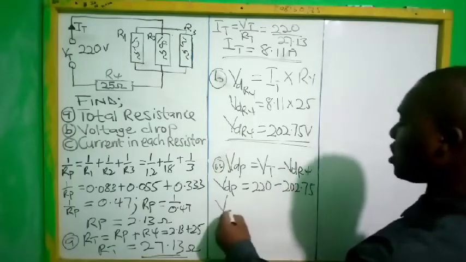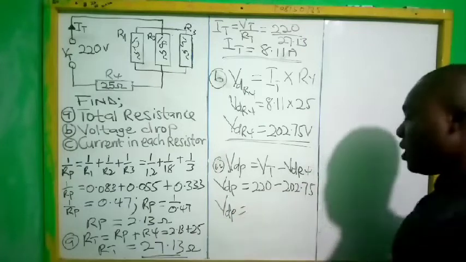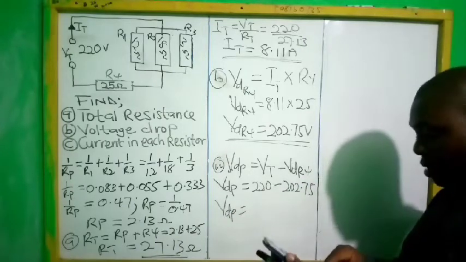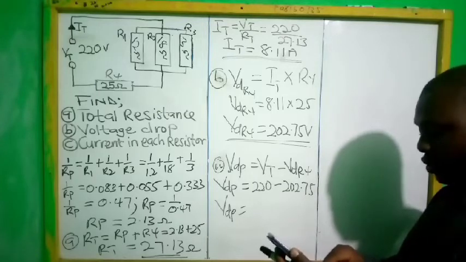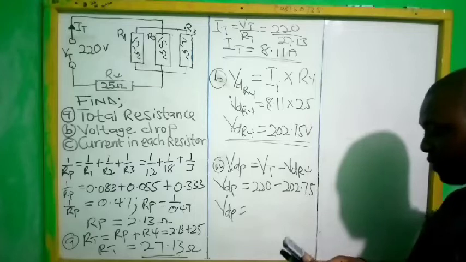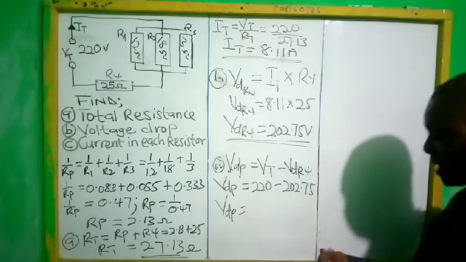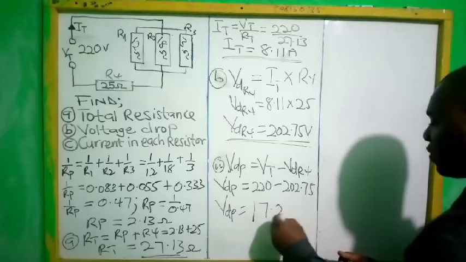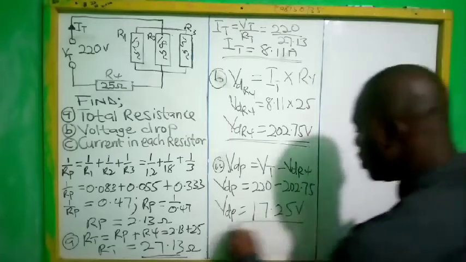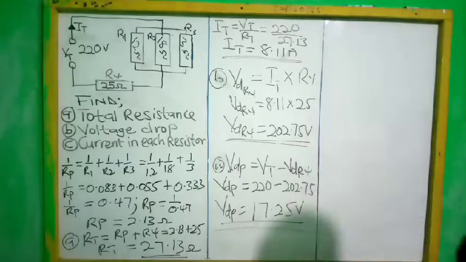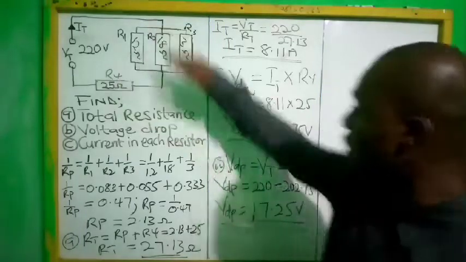So voltage drop in parallel, let's see what we have here. 220 minus 202.75, we have our answer as 17.25 volts. So this is the voltage drop that we have in R4 and the voltage drop that we have in